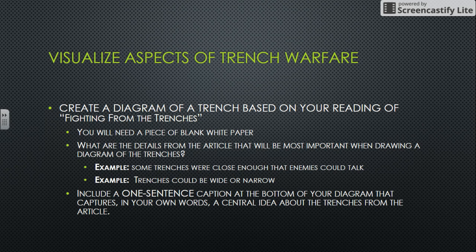But after you draw your trench diagram, I want you at the bottom to write a 1-sentence caption, meaning just 1 sentence that explains your picture or diagram. And I want you to not only explain your picture or diagram in 1 sentence, but basically give me an idea off of